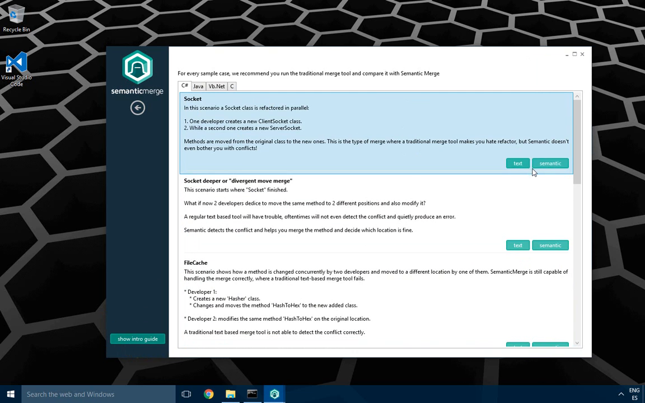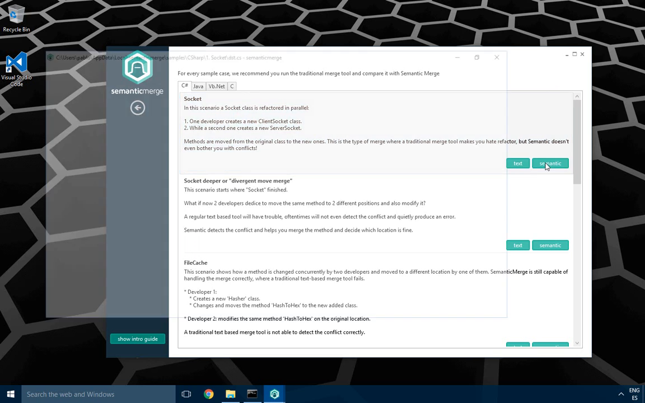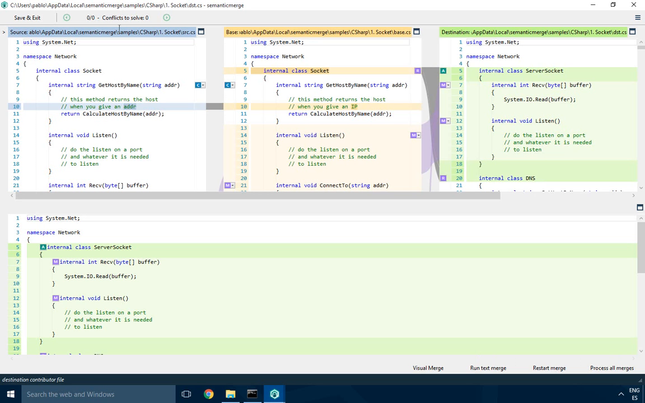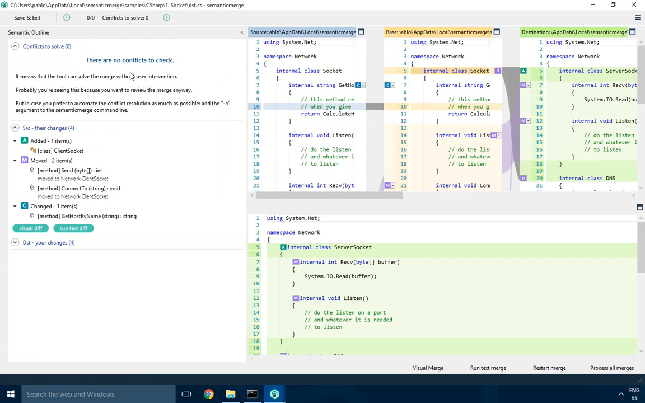And the nice thing is you can compare what a traditional three-way merge tool, text-based tool, will do, and then what Semantic can do. I will start with this one. It's a socket example, and this is one of my favorites. I will just run Semantic, and basically I get that all conflicts are automatic here. No conflicts to check. But let me show you from the visual merge, which is one of the key features,